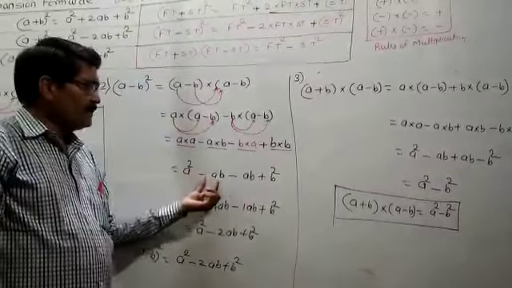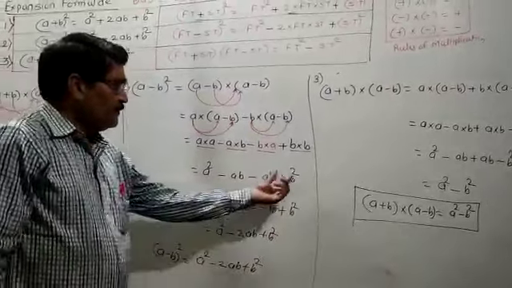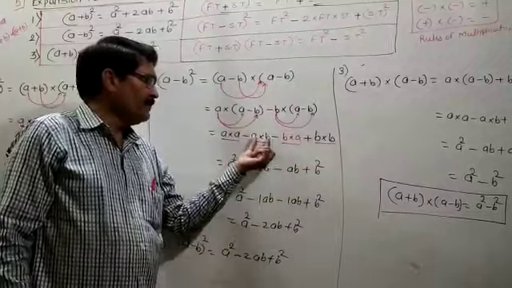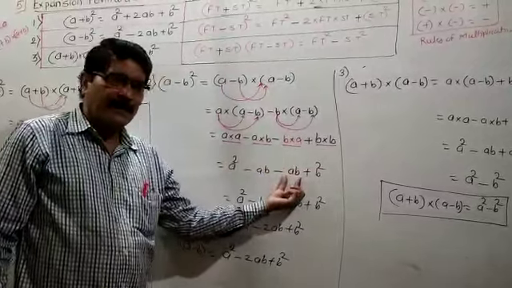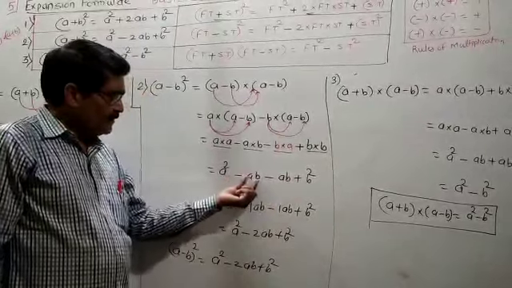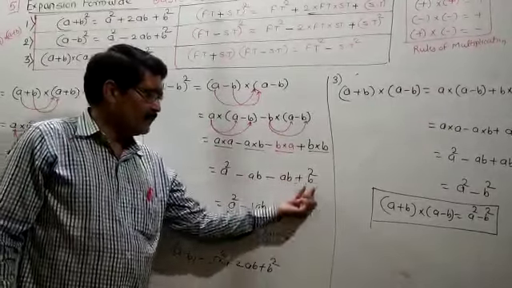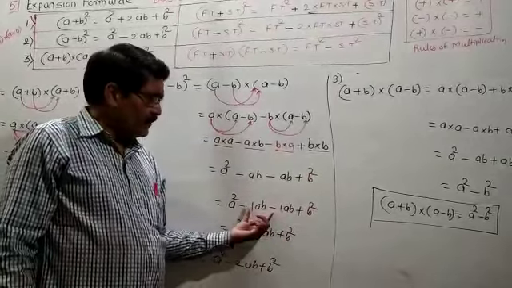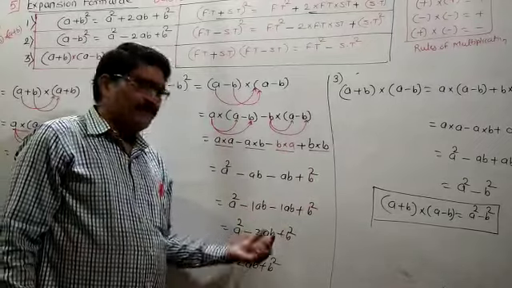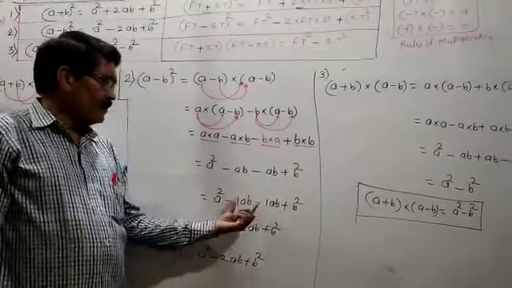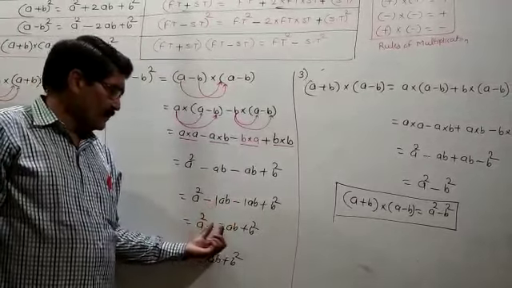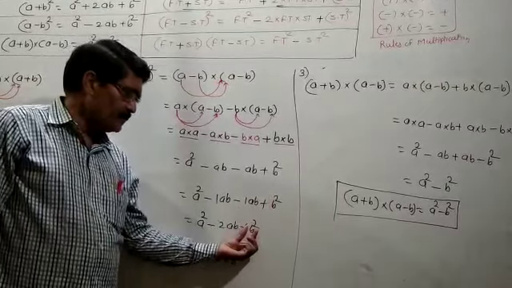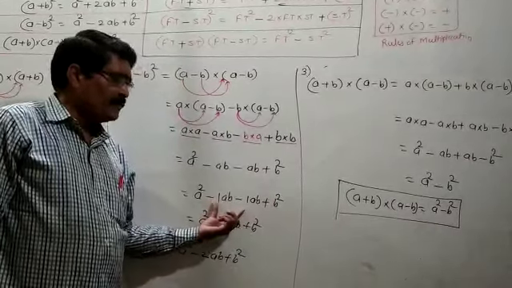Then here, a square minus ab plus b square. Here a multiplied by a is a square, b multiplied by b is b square, a multiplied by b is ab, and b multiplied by a is ab. Then this ab means 1ab, this ab means 1ab, plus b square, minus 1ab. If both numbers are negative, our addition rule is that we add their magnitudes and give the sum the negative sign. So you have to say that minus 1ab minus 1ab is equal to minus 2ab, and this b square you write as it is. Here you have to use the addition rule.